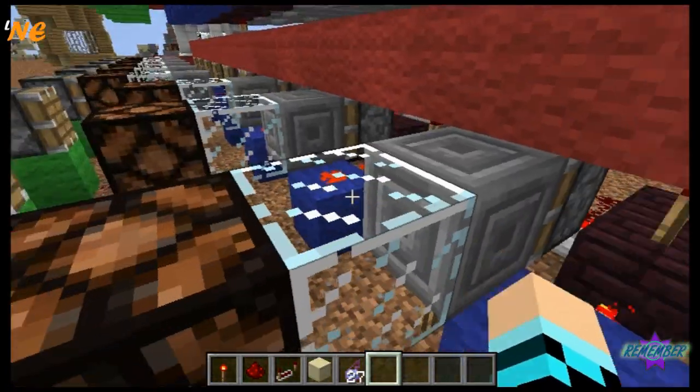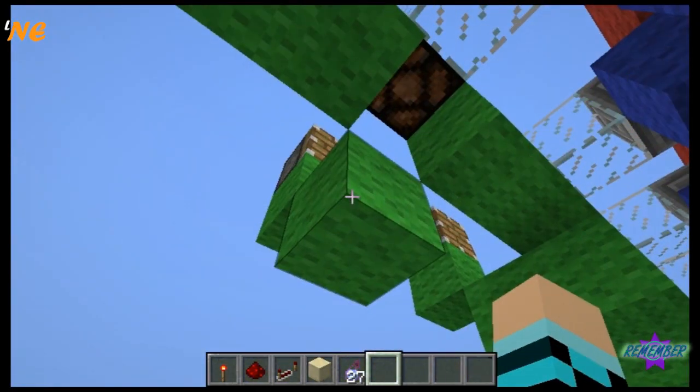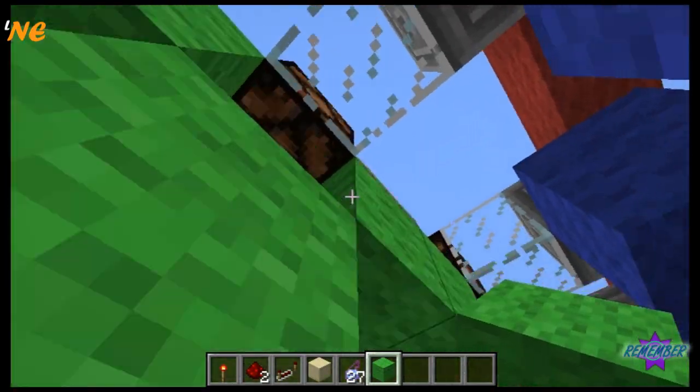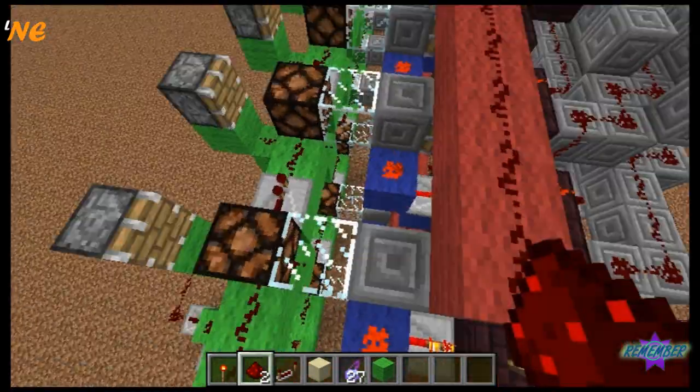It's just basically these, well, we've got that broke. Oh dear. One quick moment while I fix that. Eek. This is why I don't like using creative mode. Yeah. Okay, we've got two